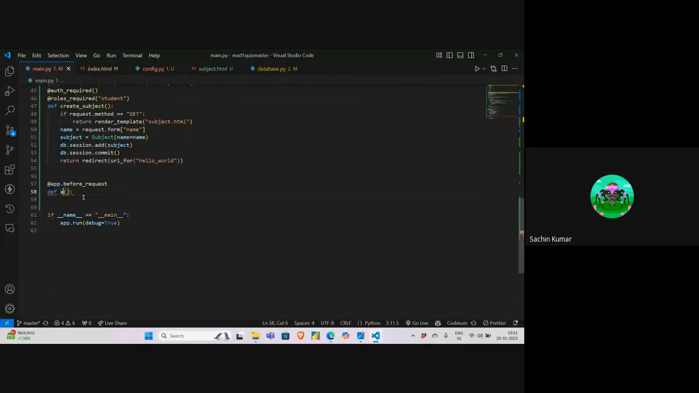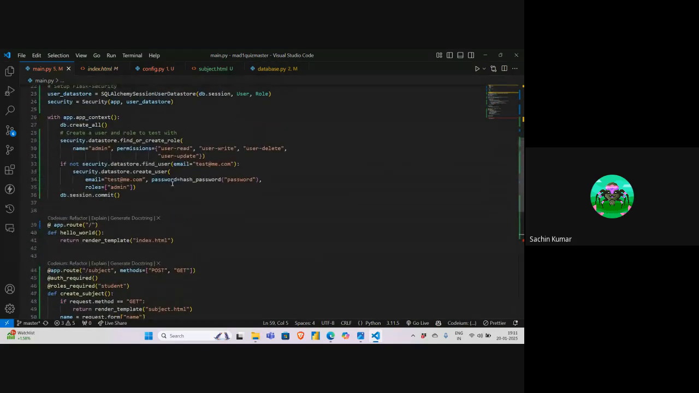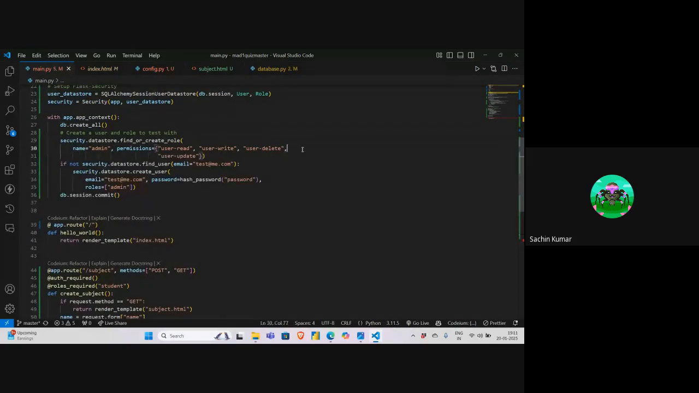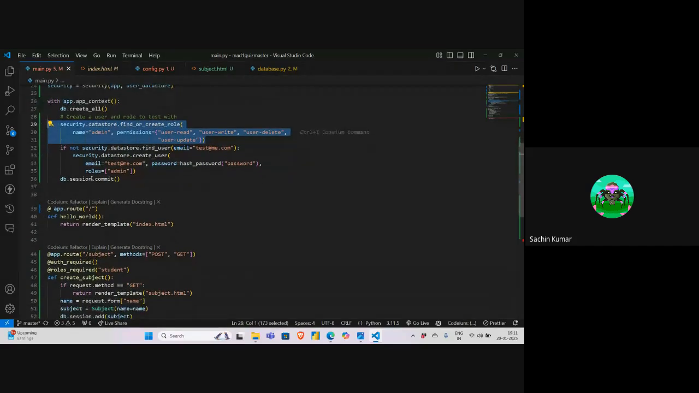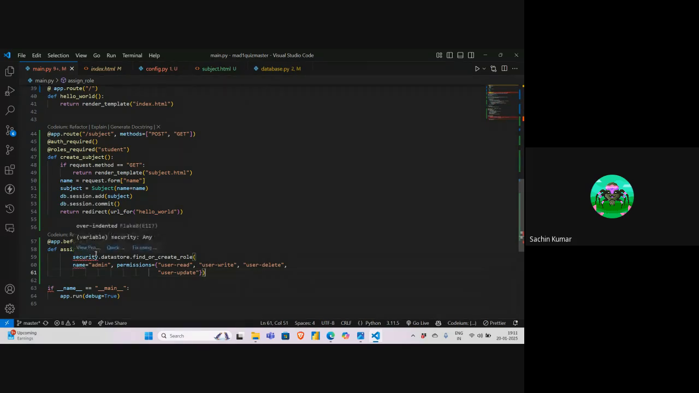I'll name it assign role. By default, all the users will get the role of user, since I know there is only one admin. The admin I have already associated, I've assigned the role admin. So all the next registrations will have the role of student. Again, you can use the same line of code. Now I want to make it student,